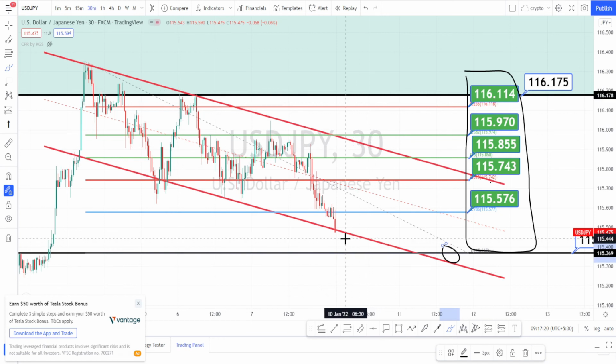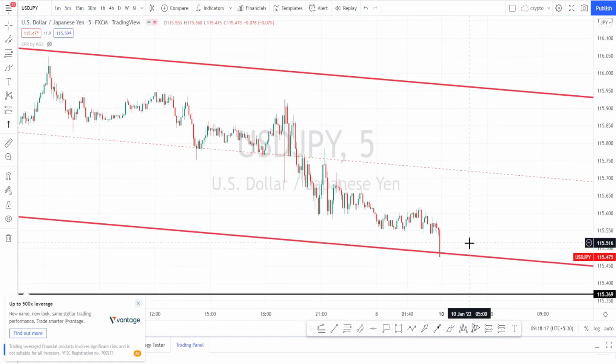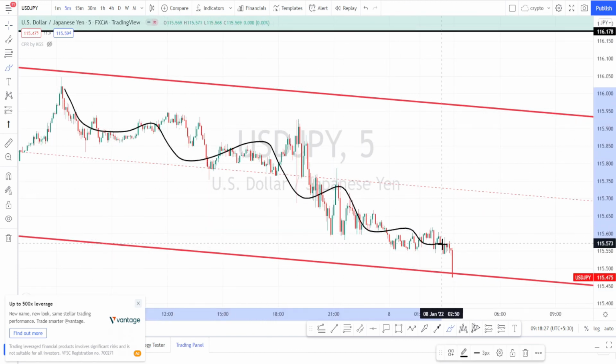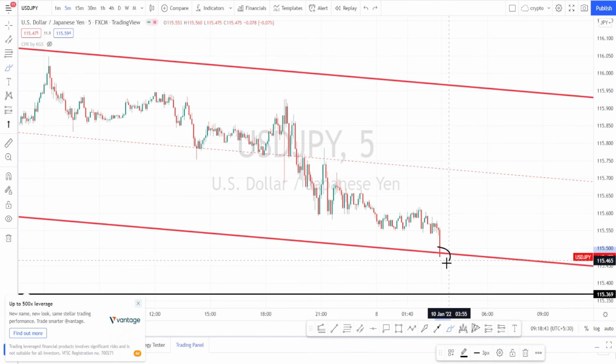Let us do the analysis in 5 minutes time frame. I am in 5 minutes time frame now. Here when we notice the price action, it was on a very nice downtrend. Currently the market has tested this support level of a bearish channel pattern. Wait for it to trend back and retrace on this level, then you can go on a trade on the